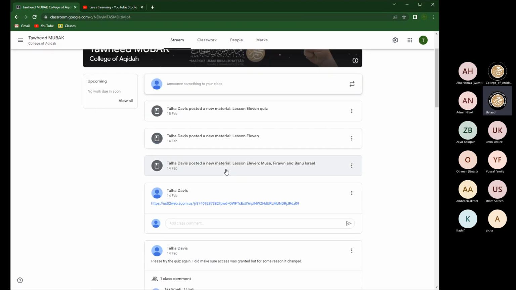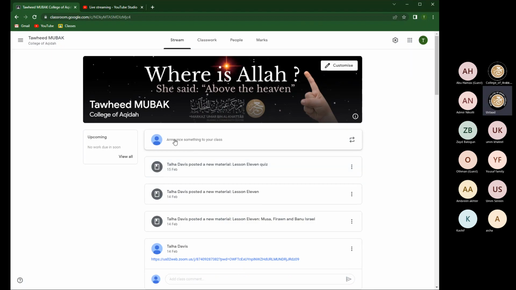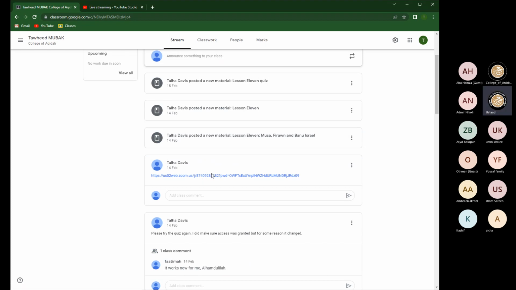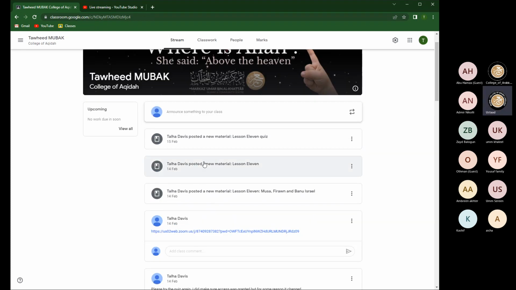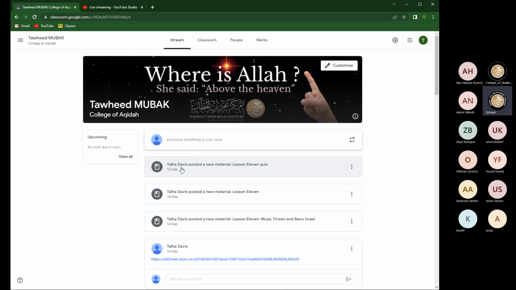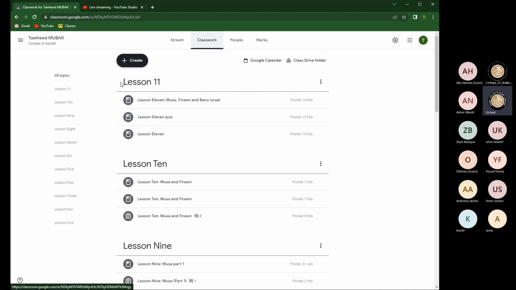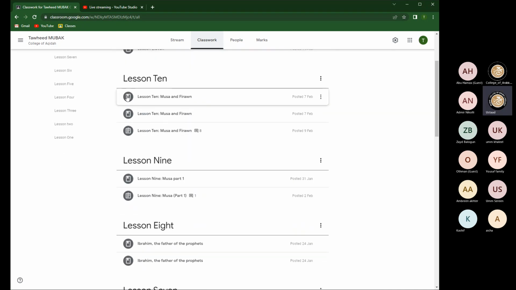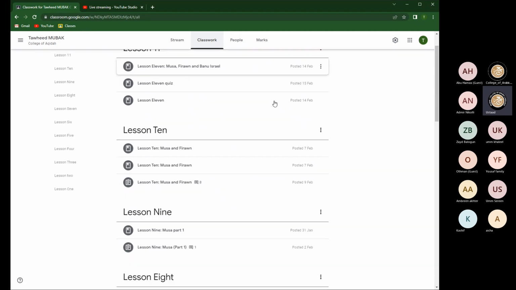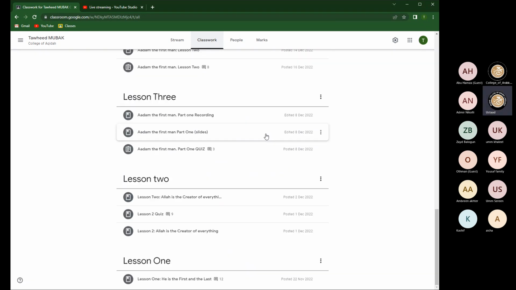Here is where we notify parents and students. They get the link posted here every week just before the lesson. Also, any announcements that we'd like to make, we announce it here, and the students can interact by asking questions also. And then if we look at the classwork, as you can see here, previous lessons, we are up to lesson 11. So for example, if we go to lesson 2,